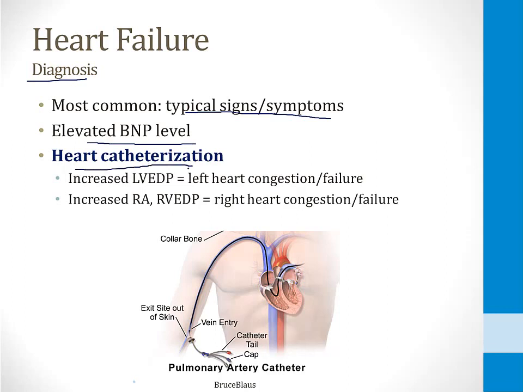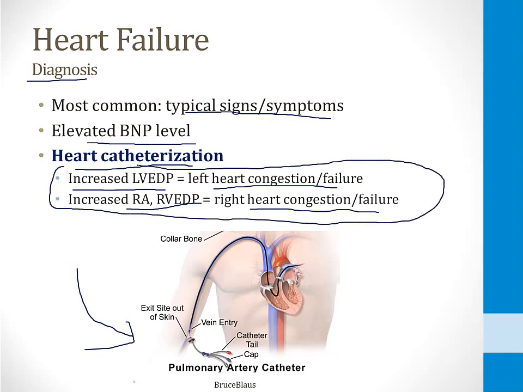We don't do this very often because it's invasive, but in a heart catheterization, you insert a catheter like is shown on the screen here, either into the veins and the right ventricle and the pulmonary artery or into the arterial system, and you actually measure the pressures in the chambers of the heart. And like I told you before, anytime you see an increased left ventricular end diastolic pressure, that means there is left heart congestion and failure. Anytime you see an increased right atrial or right ventricular end diastolic pressure, that means there is right heart congestion or failure. So this is the definitive way to diagnose heart failure. It's only done in special circumstances, but for your board exams, they're going to want you to know that all these pressures can go up in right and left heart failure. And that concludes